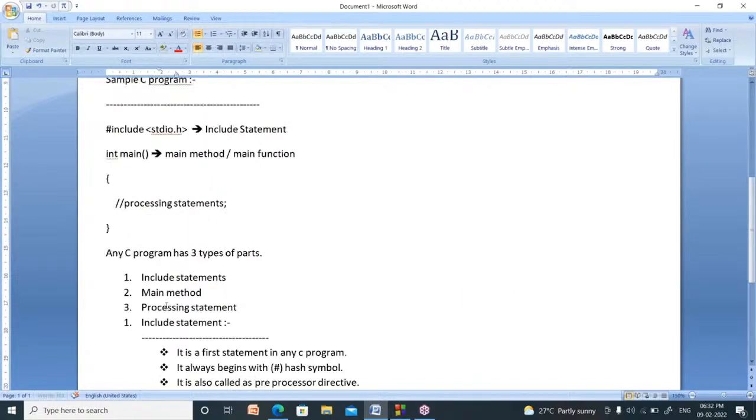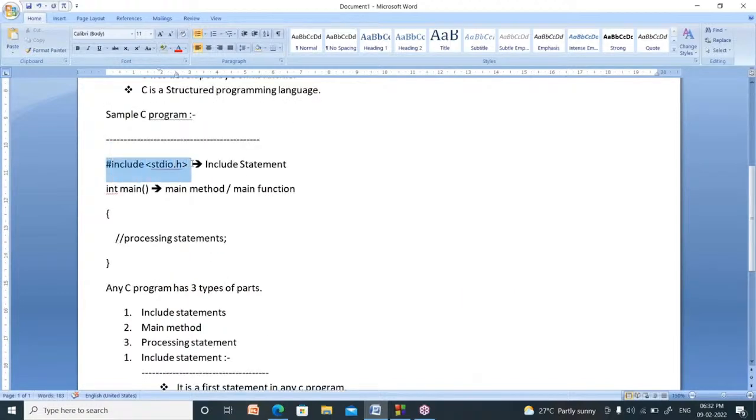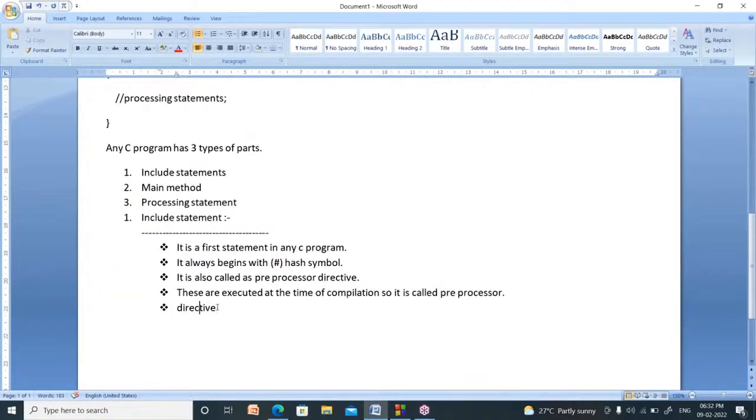Directive means the hash include statement gives direction to the compiler. It gives direction to the compiler. So it is called a directive. So it is called a preprocessor directive.